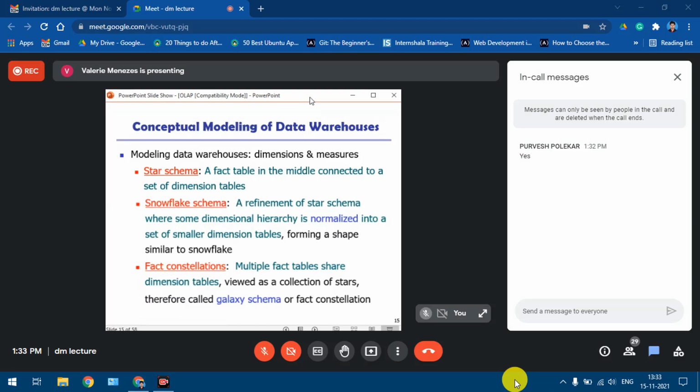OLAP is online analytical processing, and this is a part of exploratory data analysis, that is visualization of data, understanding the nature of data. So exploratory data analysis can be done using visualization techniques like scatter charts, Chernoff faces, okay, then contour plots and so on. It can be done using summary statistics, and the third technique is using OLAP, which is modeling of data.